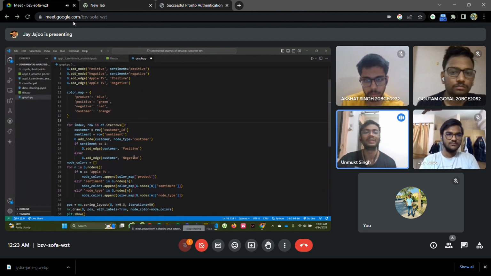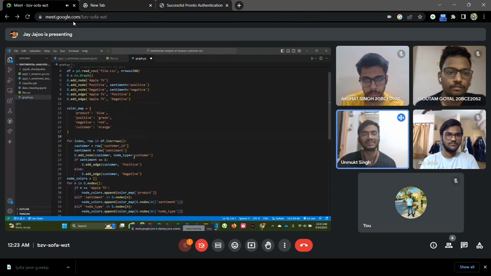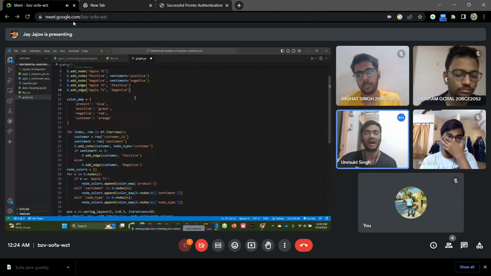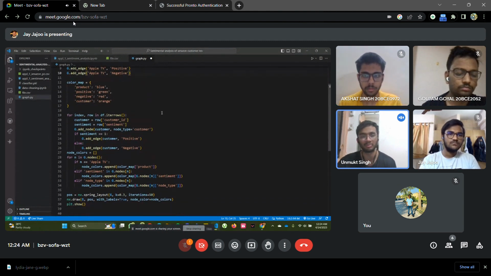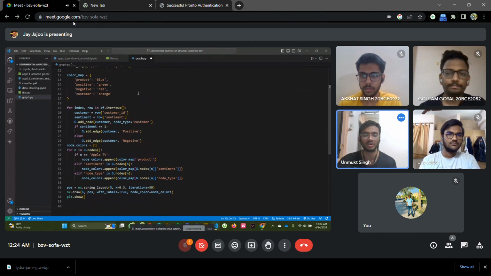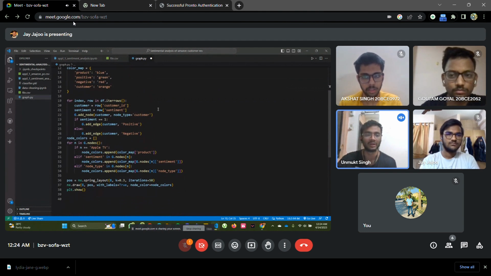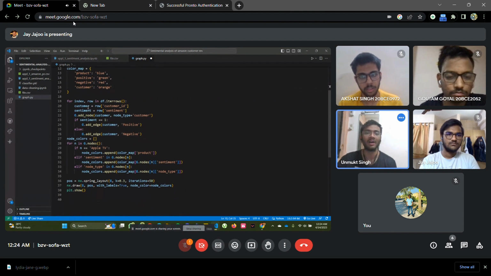So now we create a node, which in this case is Apple TV, as well as we create edges and label them as positive and negative, and then we connect them to Apple TV. After that, we'll be creating a color map to map product as blue, positive comments as green, negative comments as red, as well as customer reviews as orange. After that, we will add nodes